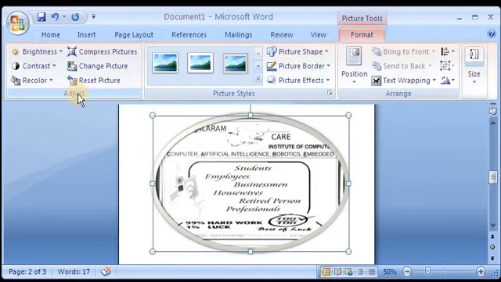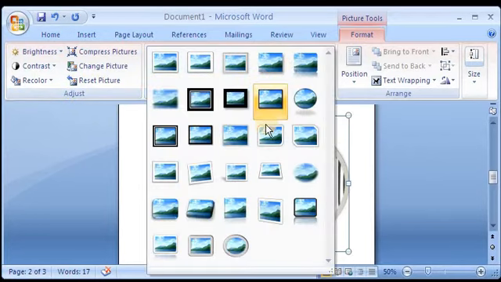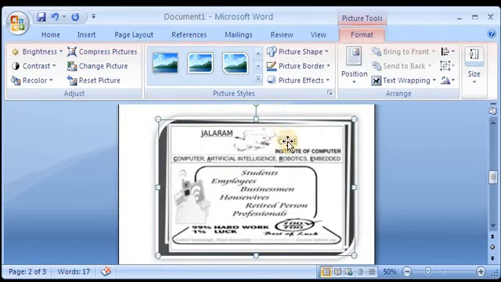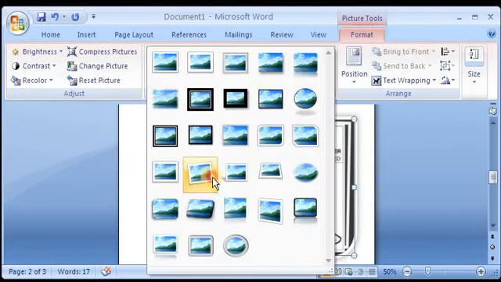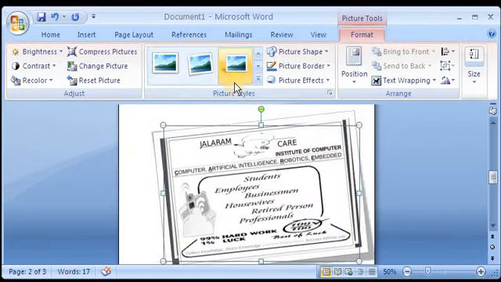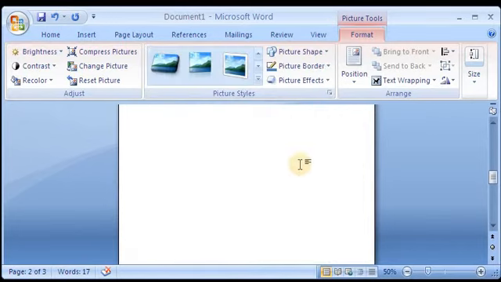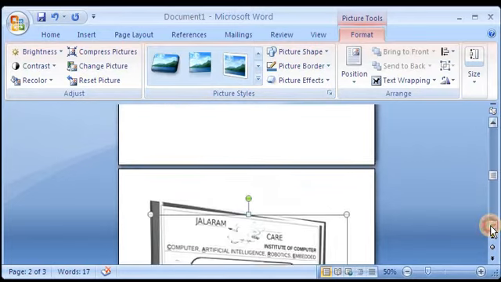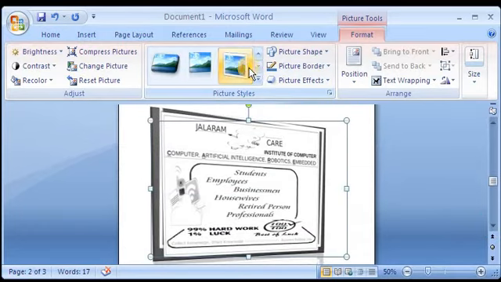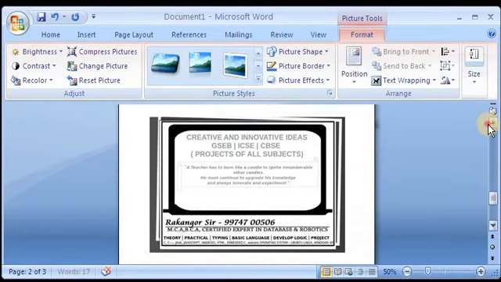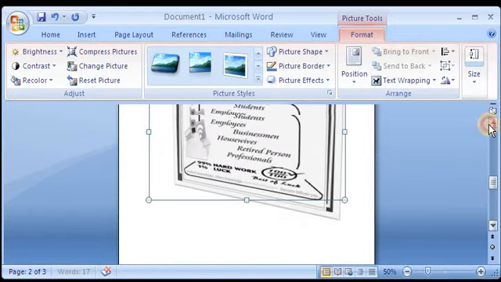From that you can adjust as well as change the picture style and make it more decorative. That depends on which type of design you want. According to that it will change.